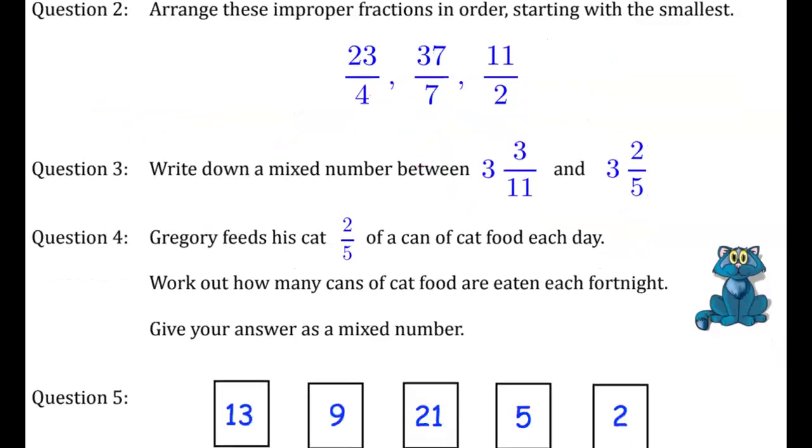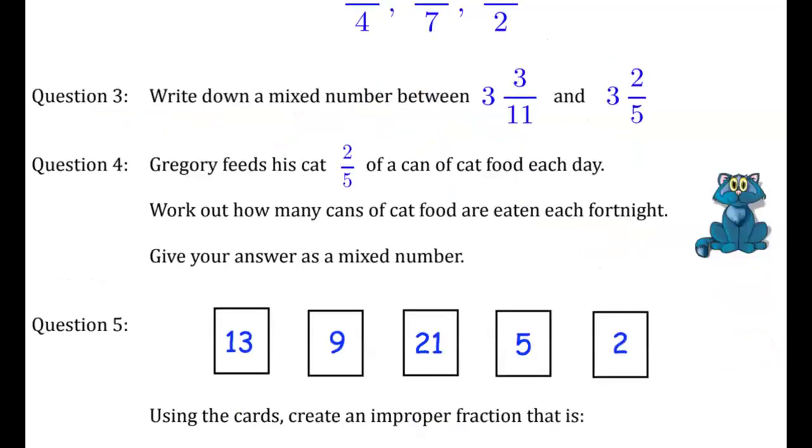This next one is about cats. Greg feeds his cats 2/5 of a can of food each day. Work out how many cans they eat in a fortnight. Who can tell me how many days are in a fortnight? 14 days, thank you. 14 days in a fortnight. So just put 14